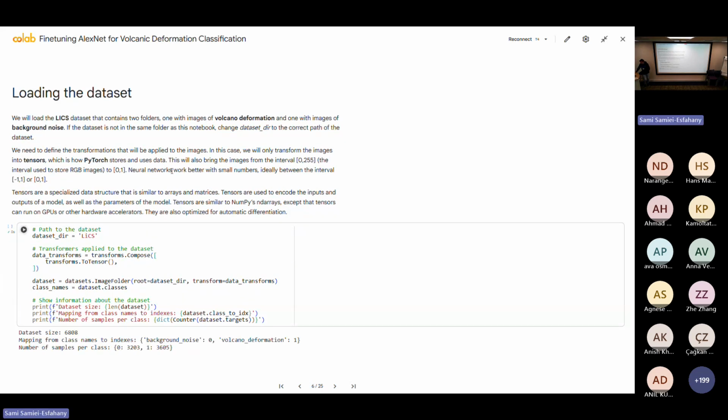All right, so if we run this, it's just gonna show us the number of images we have, and then how many for each sample. Right, so background noise is gonna have the label 0 and volcanic information the label 1. And then those are how many we have from each class. Okay,